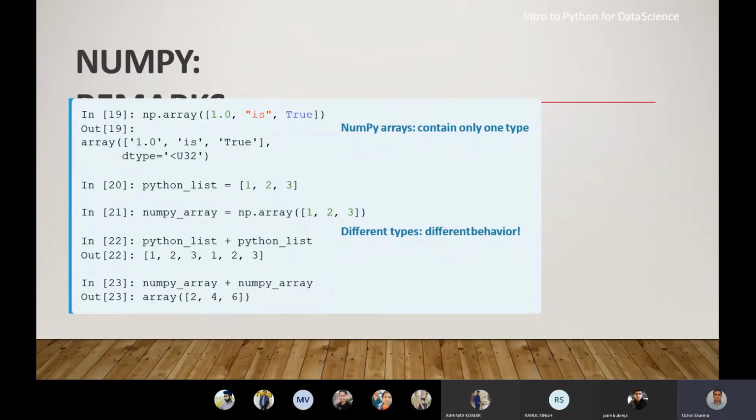In line number 23, NumPy array plus NumPy array, we have 1, 2, 3, and again we are summing up this NumPy array 1, 2, 3. As we know, by using the NumPy package, we can do mathematical operations on the data. So when I say NumPy underscore array plus NumPy underscore array, the array is summed up with itself. So 1 plus 1, 2, 2 plus 2, 4, 3 plus 3, 6. So it will sum up and give us the output.